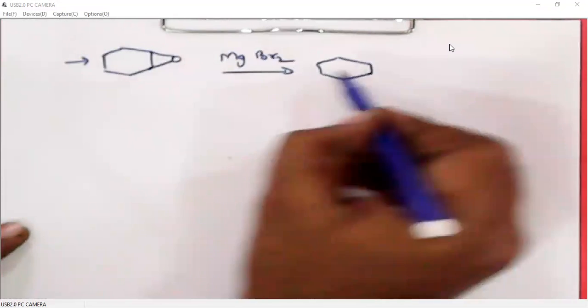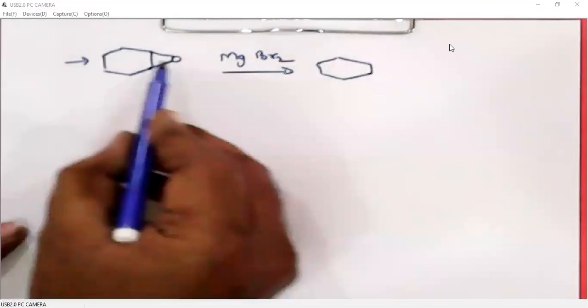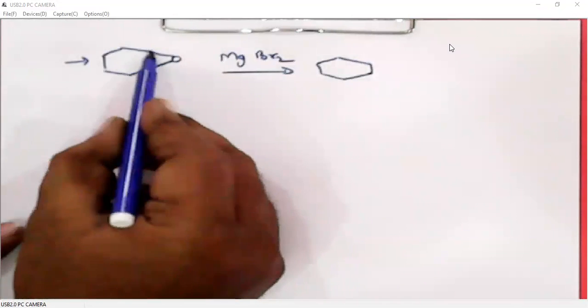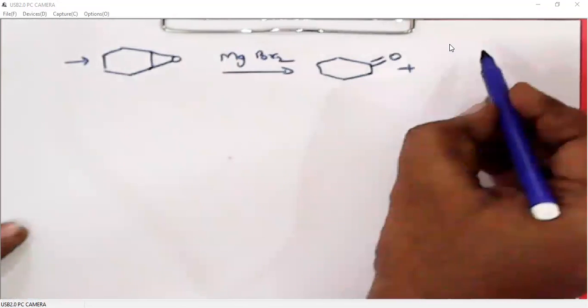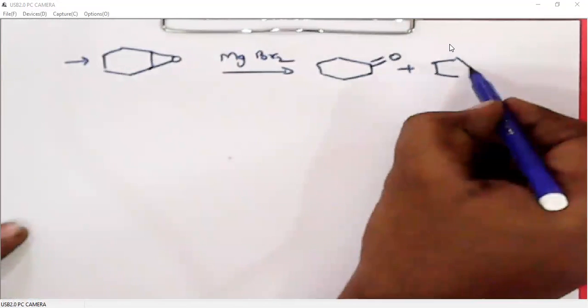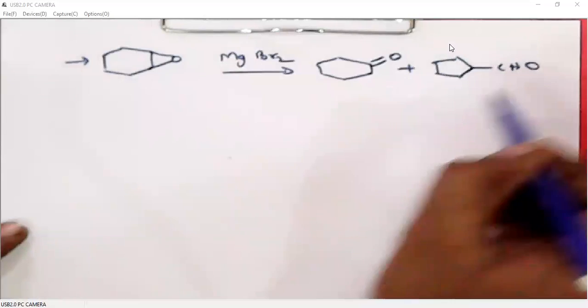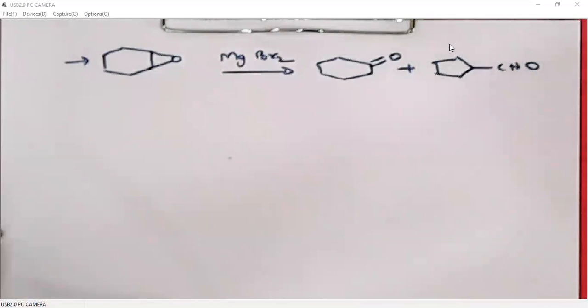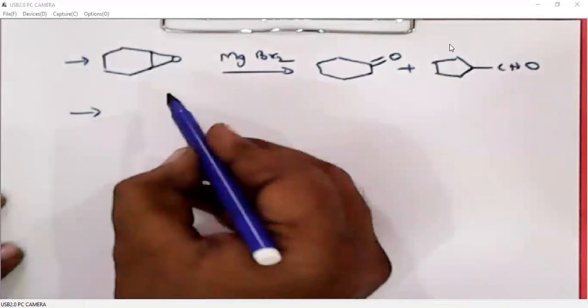In the previous epoxide, we had an alkyl group here, but here we don't have alkyl. So it is a symmetrical epoxide on both sides. When it is treated with a Lewis acid, we are getting two products: the expected ketone as well as, with ring contraction, an aldehyde. You try the mechanism of how these products are formed.